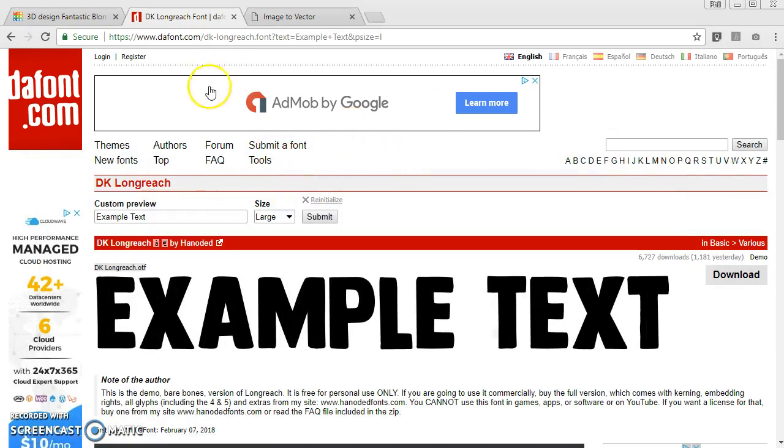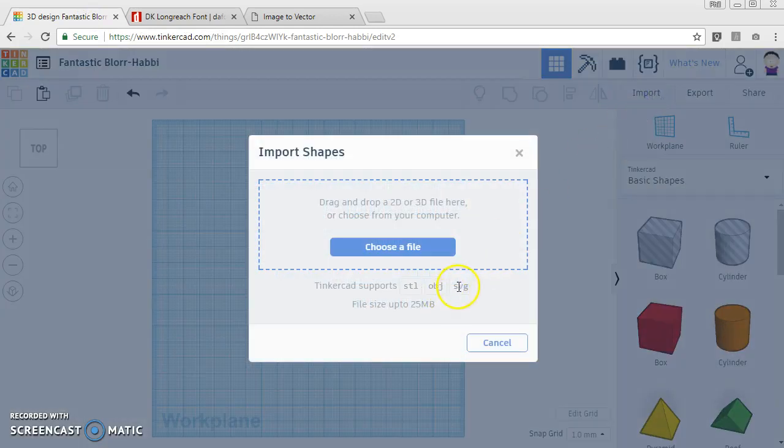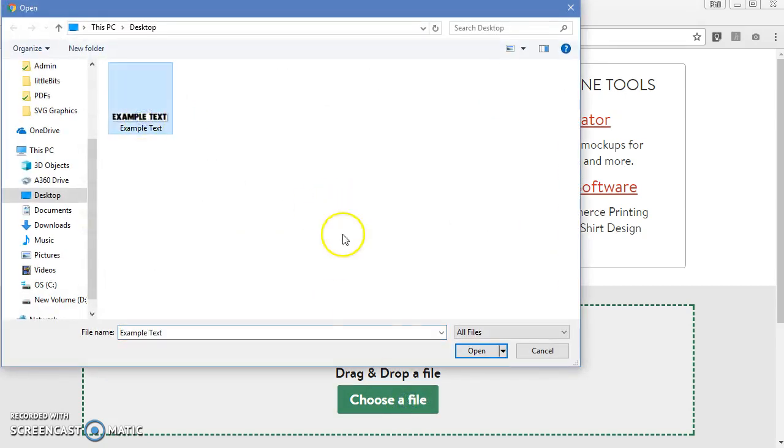Okay, so I can load that JPEG into Tinkercad. If I go to import, SVG is the file type that I'm looking for. So if I go to this website here, png to svg.com, I can choose a screenshot I've just newly saved,